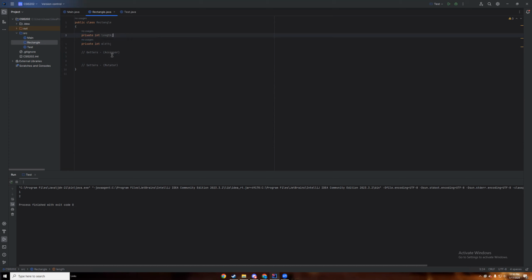So for length, we need to be able to get length. So we'll create a public function, public int getLength. Now you'll notice that IntelliJ will autofill these because getters and setters are so common that if you have these attributes here, then it will pretty easily know what you're wanting. So we'll have getLength, and it will just return length. That's all this is going to do. And then our setter for length, public int setLength,